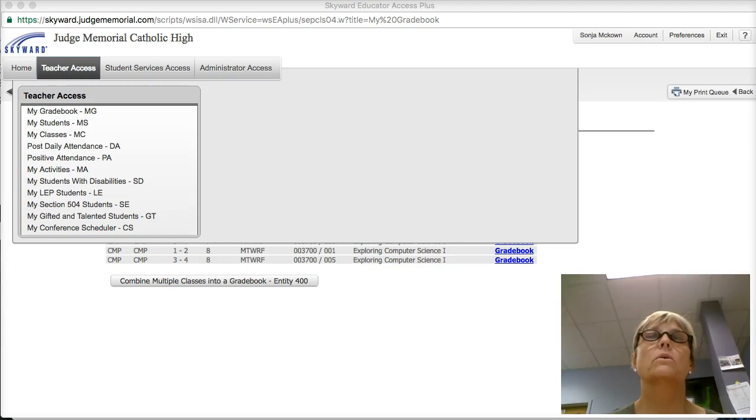But I'm going to walk you through how to do this. This is probably one of the first things you need to take care of. I'm already logged into Skyward. As you can see, we're going to go up to the Teacher Access menu. There's a number of different ways to navigate through Skyward. I'm just going to show you one, and if you use another one, that's just fine. So go to Teacher Access. I'm going to go up to my gradebook,